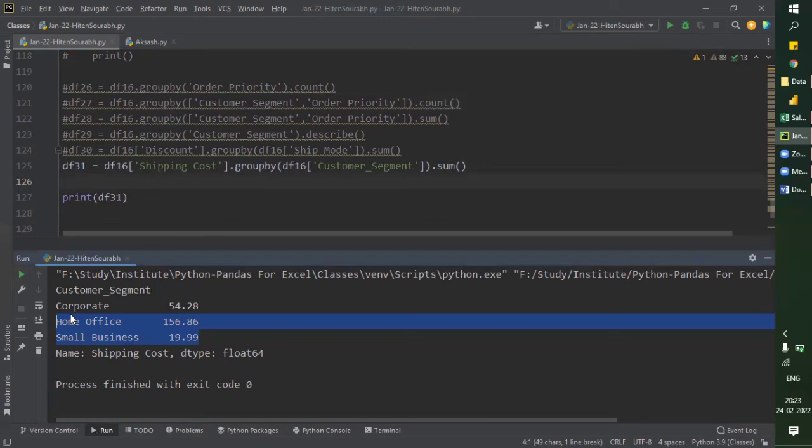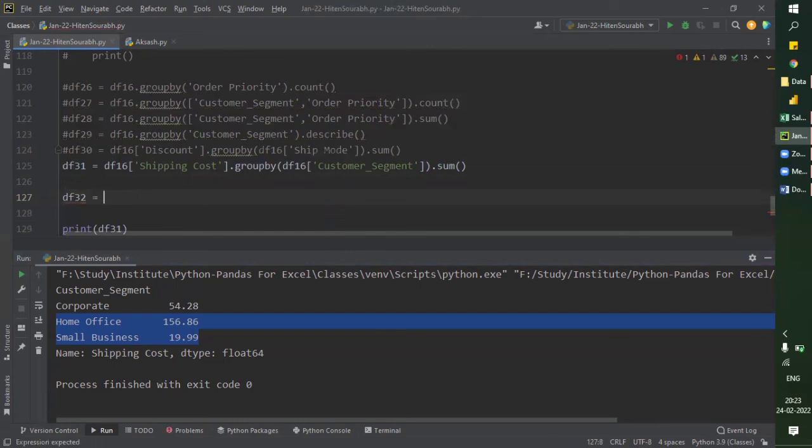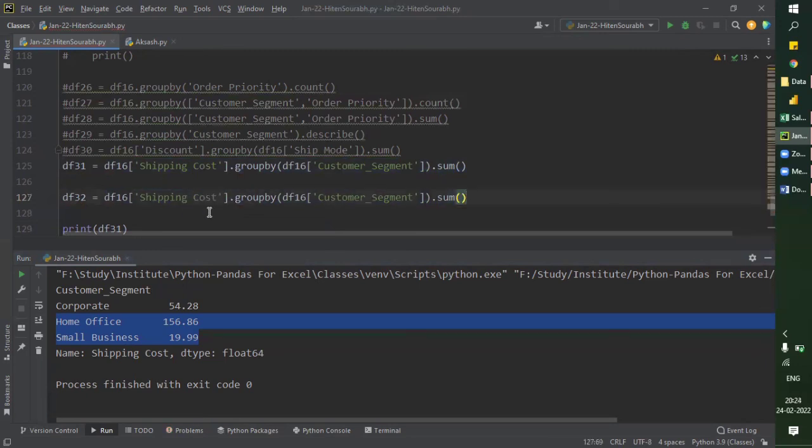So this was all about the group by function. Now let's add some more examples. If I add df32 equals to, let me copy this, and see what happens if I add multiple columns. Shipping cost, then shipping mode. If I add a comma and shipping mode here,